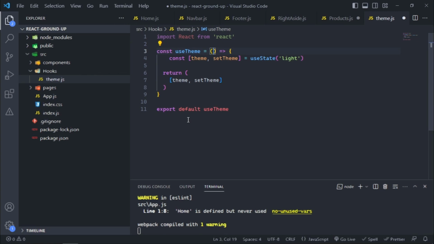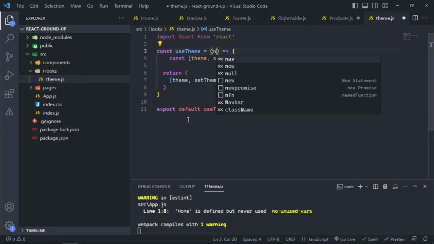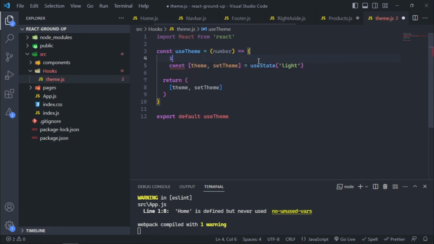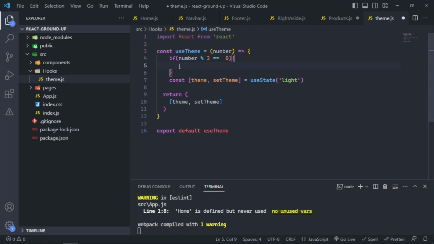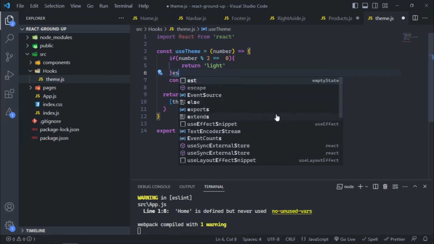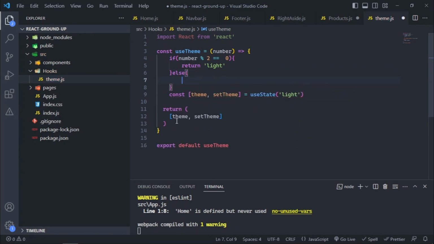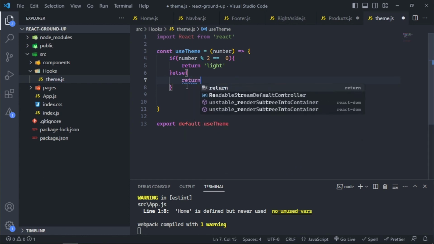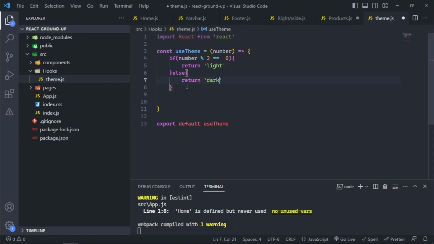So let's say here it takes a number, and based on the number, inside we're just checking if number mod 2 is 0, I mean that the number is even, then we return the string light to mean light theme, else we return the string dark. Okay, so